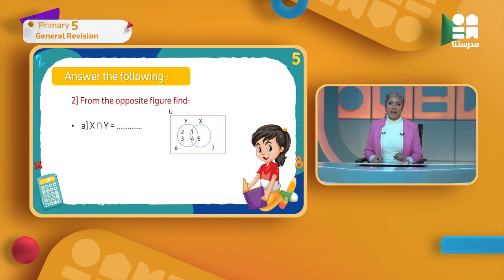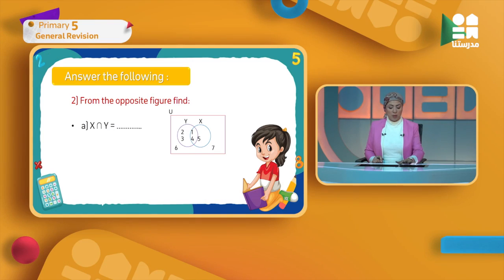Now I want to get the answer of x intersect y. Then I want the common elements between x and y, which are here, the set of elements 1 and 4. Okay, x complement, I need now x complement. It means any set of elements other than x. Any elements that are here in the universal set but not in x. So it will be the set of elements 2, 3, 6, and 7. Okay, now